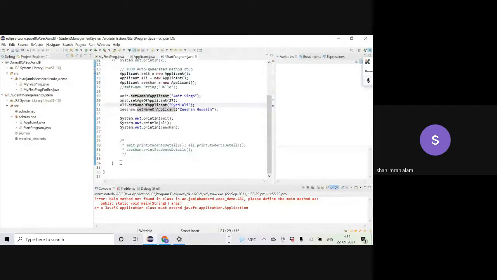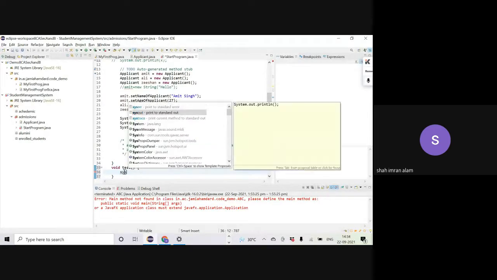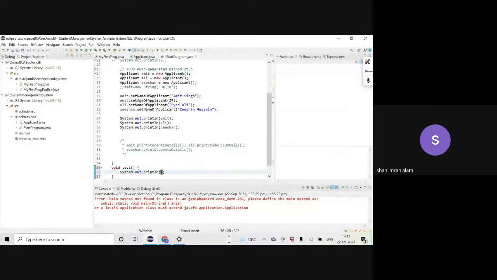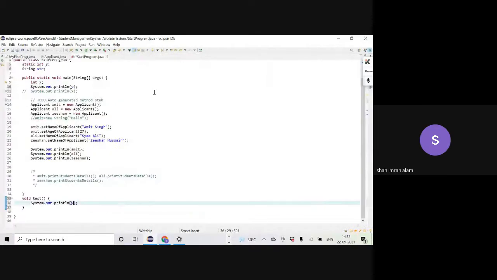Let me create another method without the static keyword, void test. I am trying to print y from this test method, and to call it, I will have to